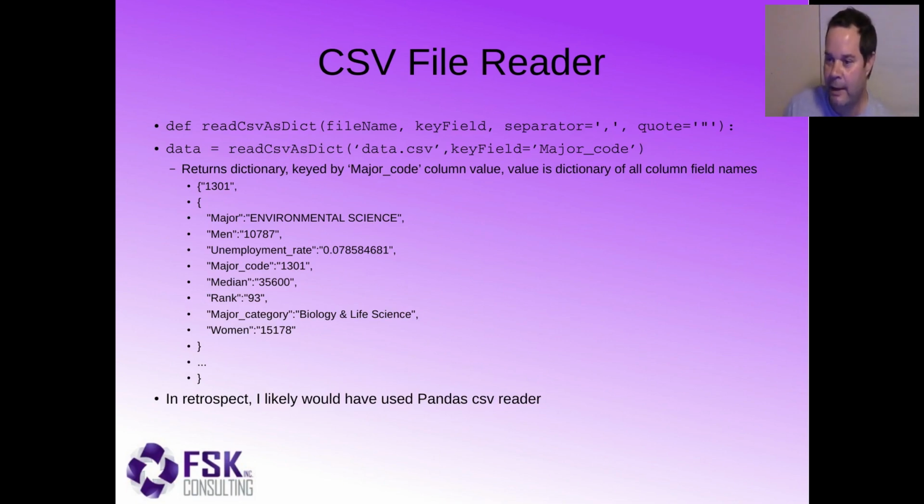This slide is my shame. While I'm relatively familiar with the Python CSV module, that Coursera course sent you home with homework to create a method that read in a file, and when specifying a key field, would return a dictionary of dictionaries. In this case, that primary key was the major code. When you specify that, it returns 1301 as the major code, and a sub-dictionary with the rest of the interesting